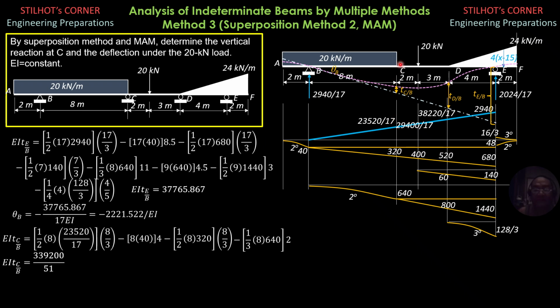So finally, delta C is equal to 8 times theta B, absolute value, minus the absolute value of deviation of C relative to B. So EI delta C is the negative of 8 times the absolute value of theta B, then minus this value here, deviation of C relative to B. We'll get EI delta C equals negative 11121.196, just like by the preceding or previous methods.